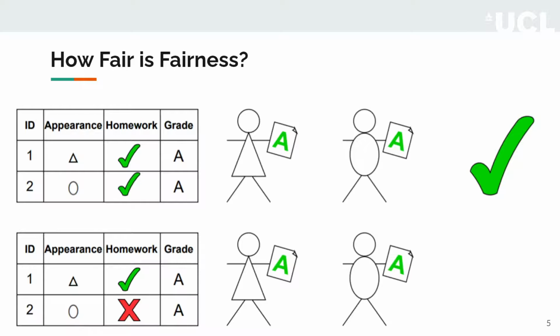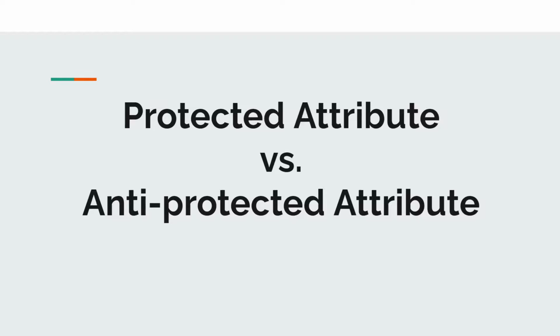However, you could start asking yourself, is it fair to give someone who didn't do homework the same grade as someone who did do homework? Which is why in some metrics this would still be fair because the 2 groups are treated equally. However, if you divide the population into groups based on doing homework and not doing homework, then this would not be as fair anymore. So we are trying to consider not only protected attributes such as gender, race, or age,